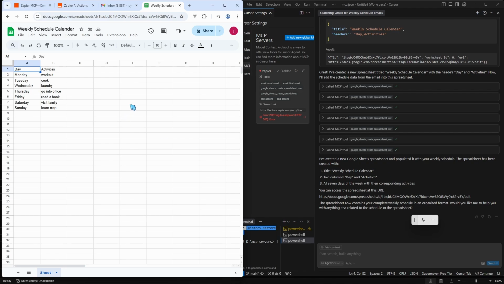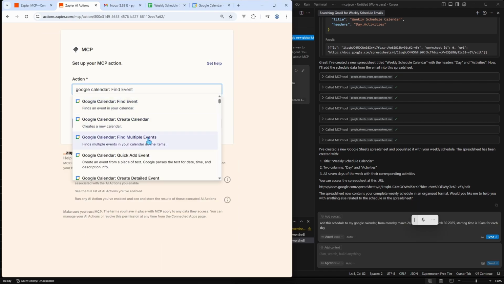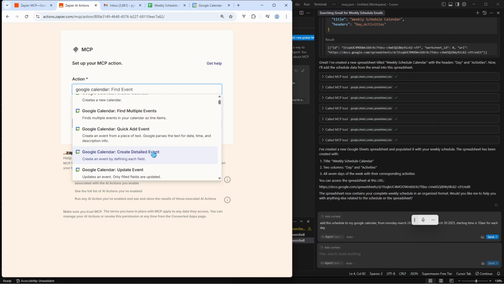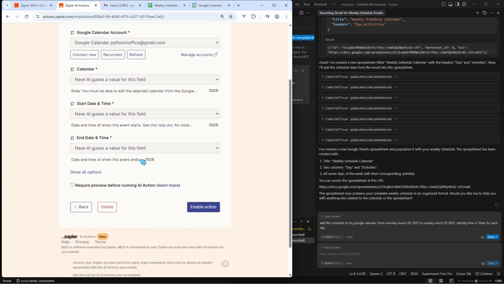Now we have our schedule inside the Google Sheet, and I want to actually put this schedule on my Google Calendar. So I'm gonna go ahead and connect my Google Calendar with Zapier. Same thing as before. We search for Google Calendar, and there are several different actions to take. You don't want to use the create the calendar because that does not work. The one that you want to use is create detail events. We connect with Google Calendar and we leave all the fields as have AI take a guess